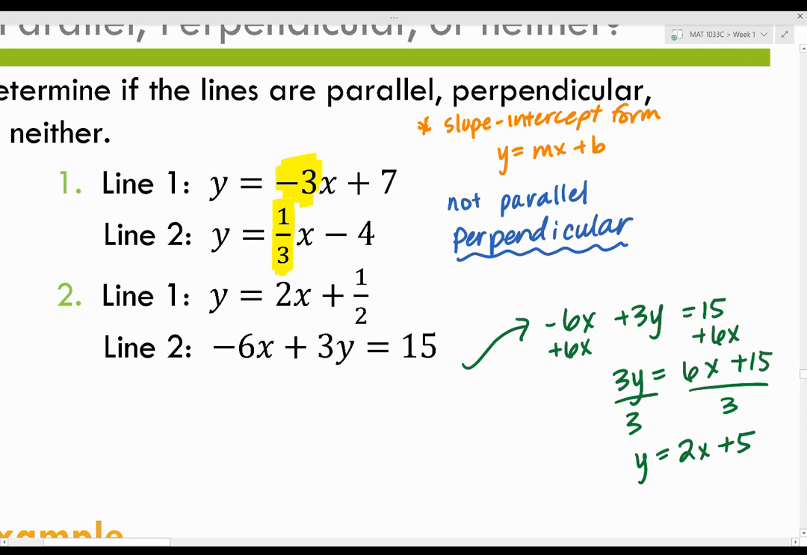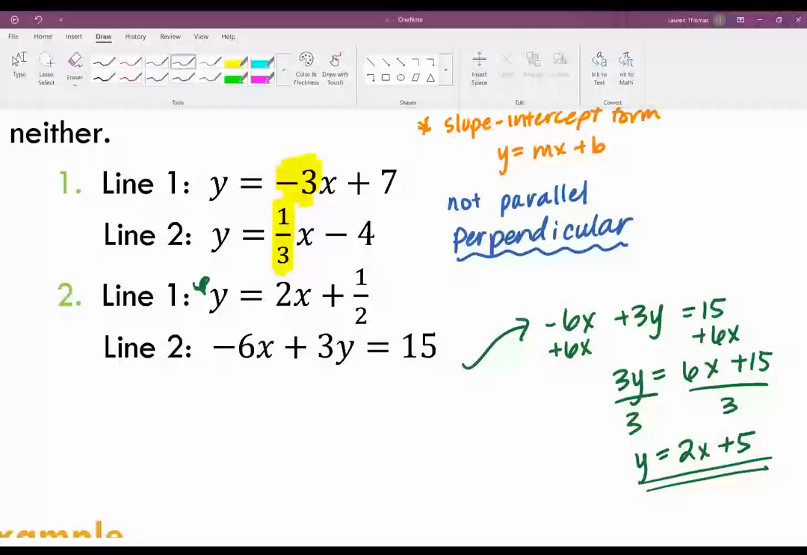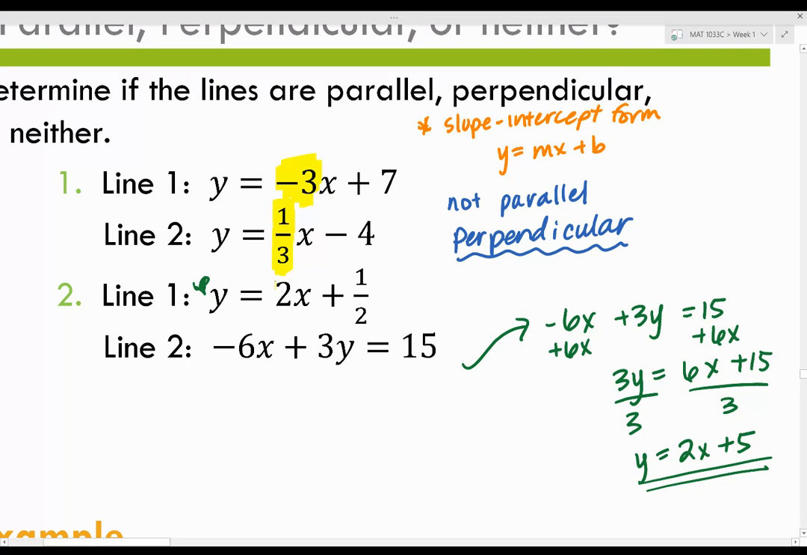So now I'm comparing this equation, okay, to the original one they gave me for line 1. So I look at their slopes. Well, the slope for the first line is 2, and the slope for the second line is also 2. Now, since those numbers are the same, we now have parallel lines. Okay,